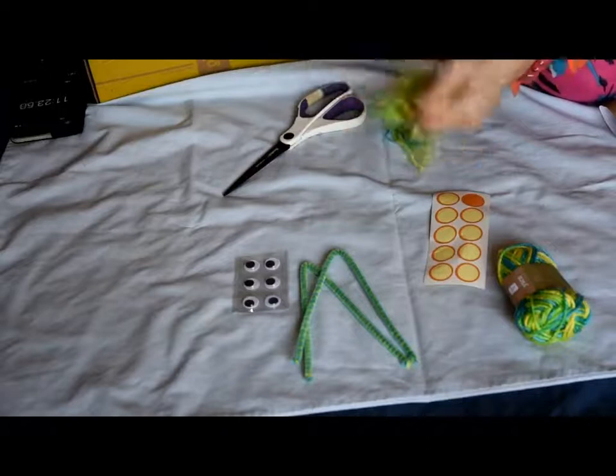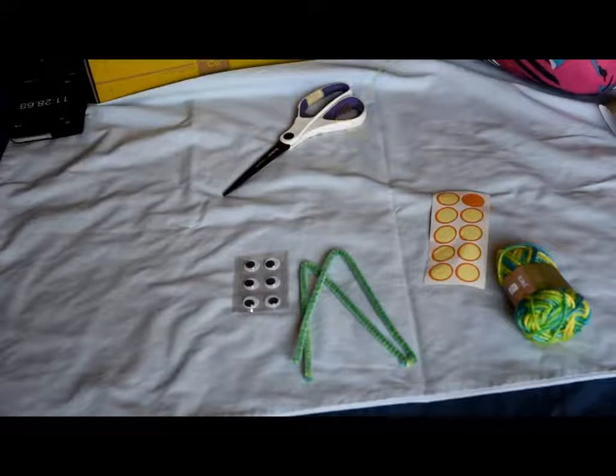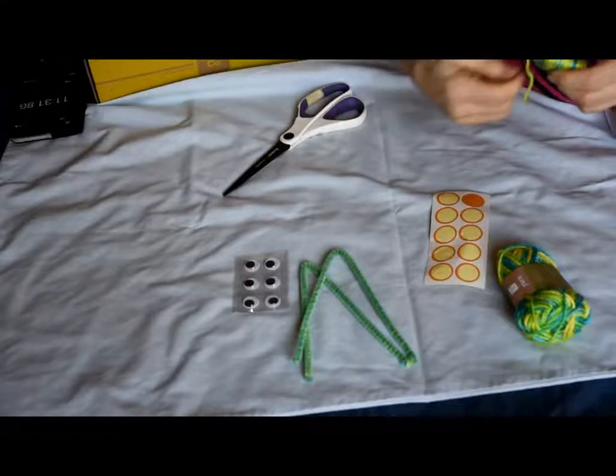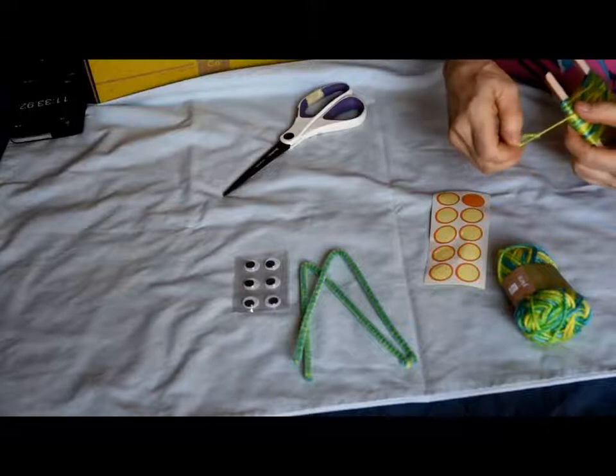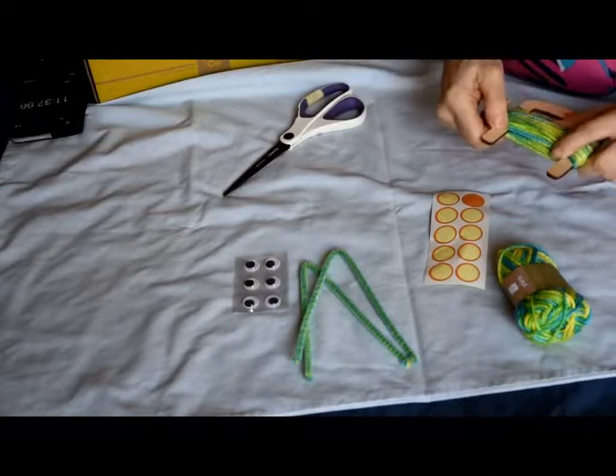But as you can see, I'm using all the yarn. Okay, so used all the yarn. So there's going to be a little piece hanging off. Now,